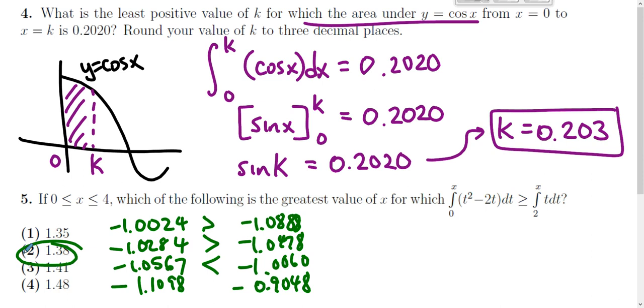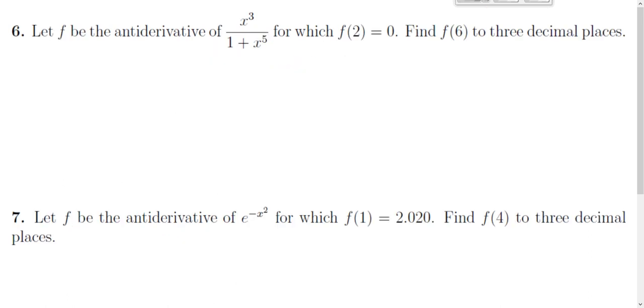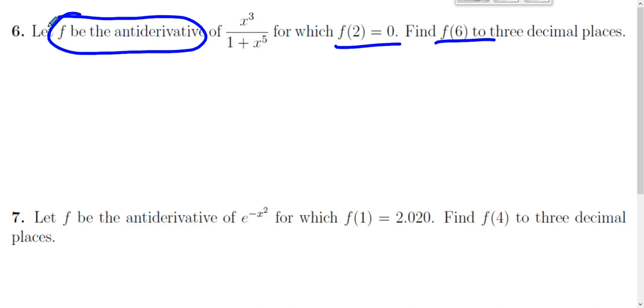Very much that question is there so that you know how to use your machine. That's what the question is there to ask you. Love questions like 6 and 7. They are roughly the same. In questions 6 and 7, you're given information about one function value and asked for another function value. And f is an antiderivative. So every time you have an antiderivative and two particular inputs, you're thinking about a definite integral from 2 to 6. So if you do the definite integral from 2 to 6 of this function,